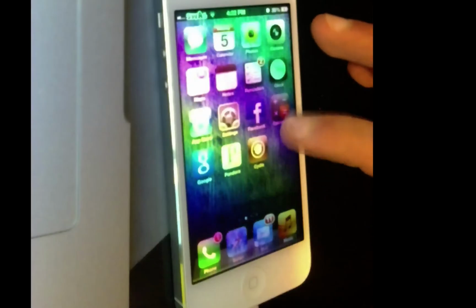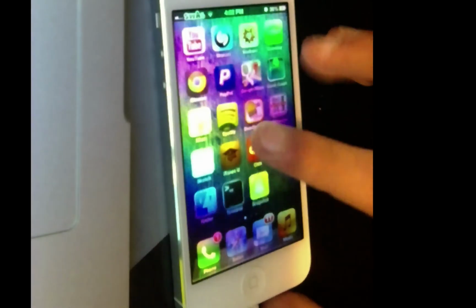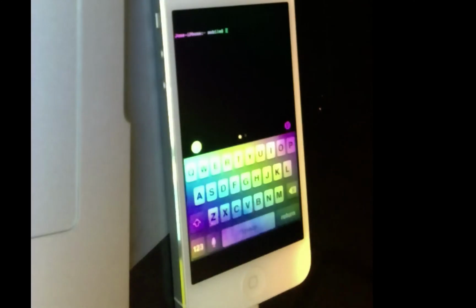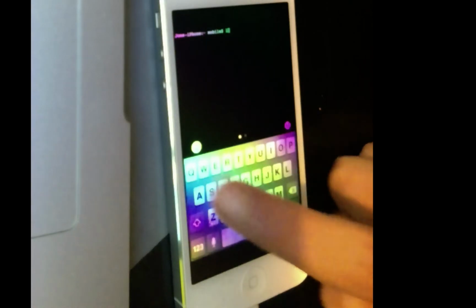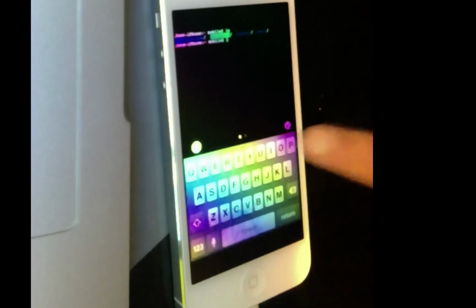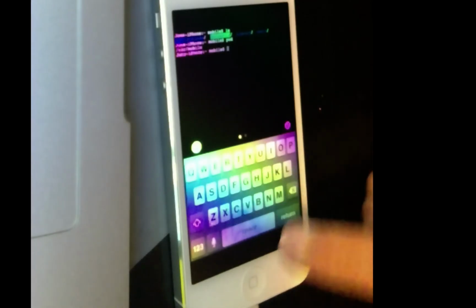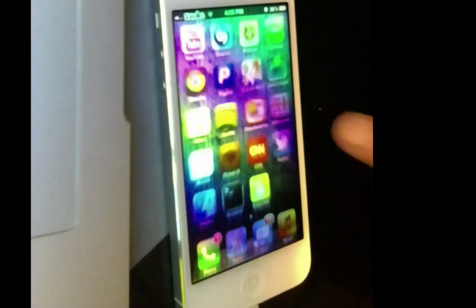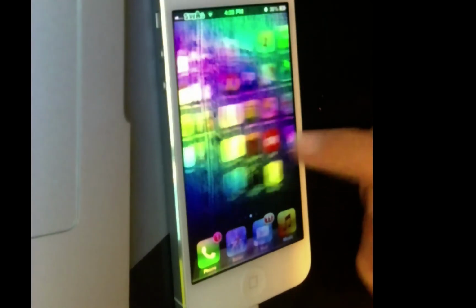Alright, next app is called Mobile Terminal. So if you watch our videos, you should know what terminal is. And basically, what it does, if I type ls, it tells you all the files in my path. If I want to know what my path is, I could say pwd. So I'm in /var/mobile. So that's pretty cool. Also, if I want to modify these files, I can download OpenSSH and then SSH into my phone from my computer,